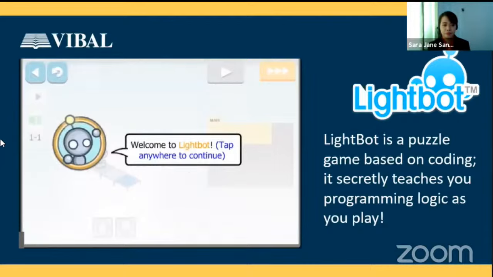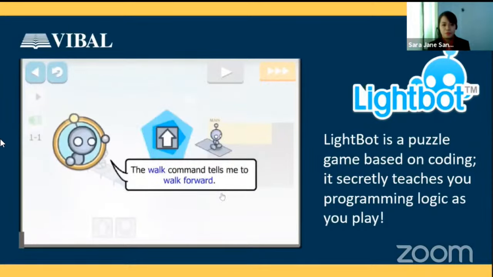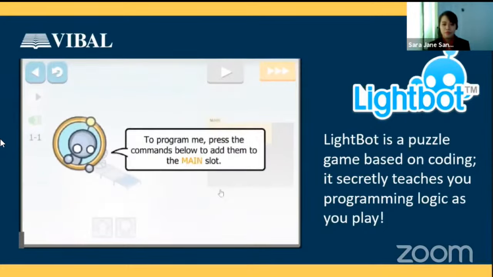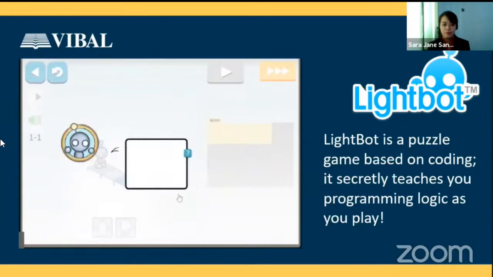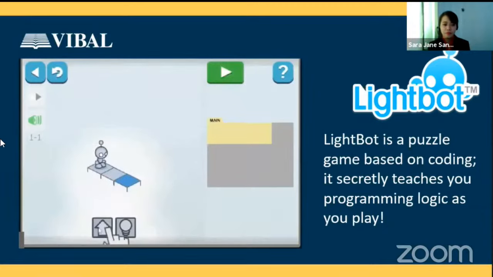Okay, so there is a set of rules here that you need to follow, and we also have an end goal. So the end goal is for you to help Lightbot light up the blue tiles. And then there are different commands. Okay? So let's start with the game. As simple as this, the tiles for the commands are under here, so we can click that one.